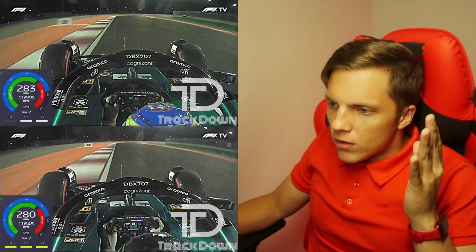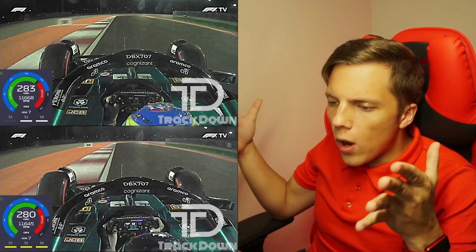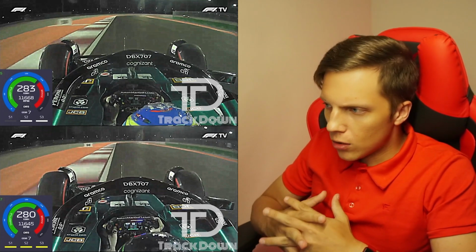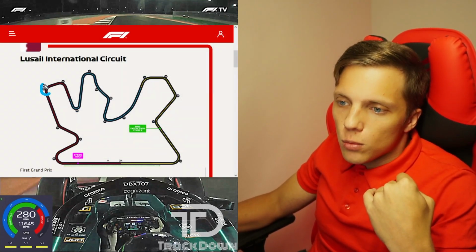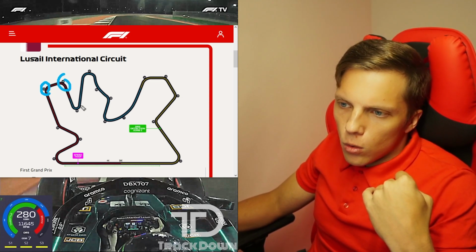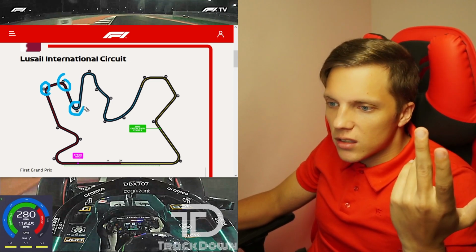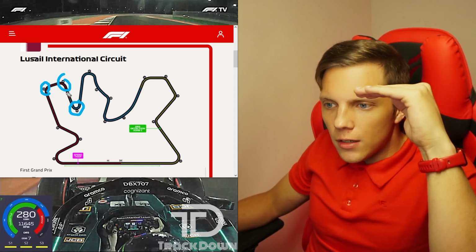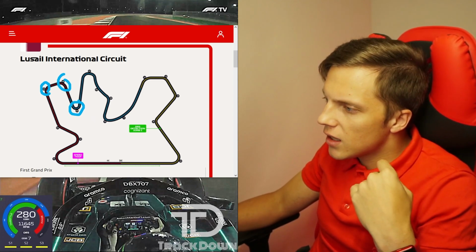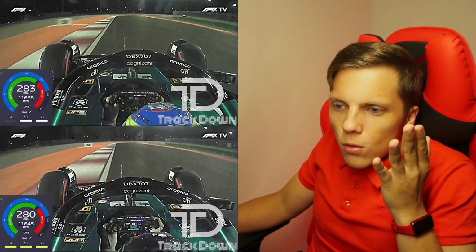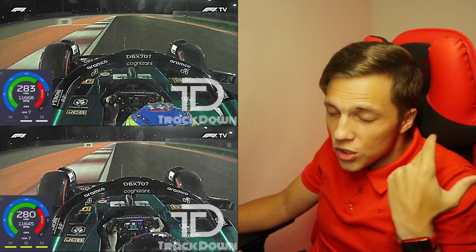Now, the whole thing about the circuit is basically that it is really wide, one of the widest circuits. So even the corners that on a track map may look like they should be medium speed corners, or this turn 6, which looks like it would be a slow speed corner, are actually a tier higher. These two corners are high speed corners, and turn 6 is a medium speed corner. So this is basically a circuit without low speed corners, which is quite unique.